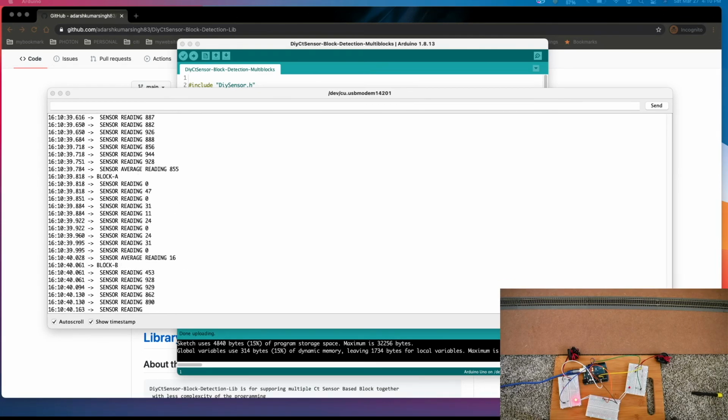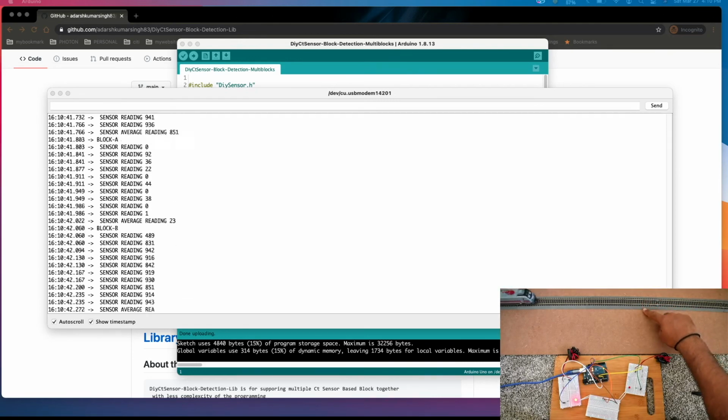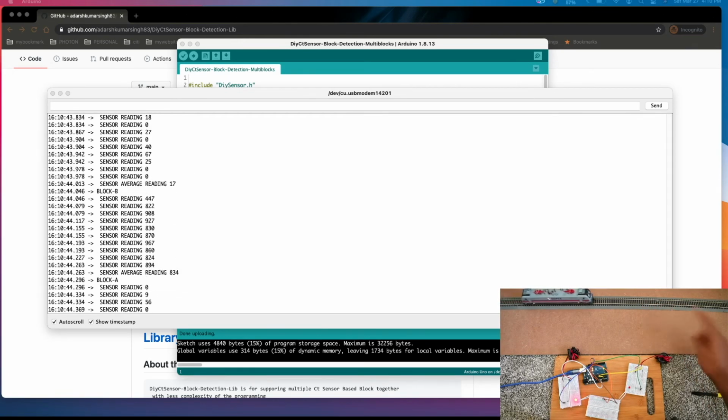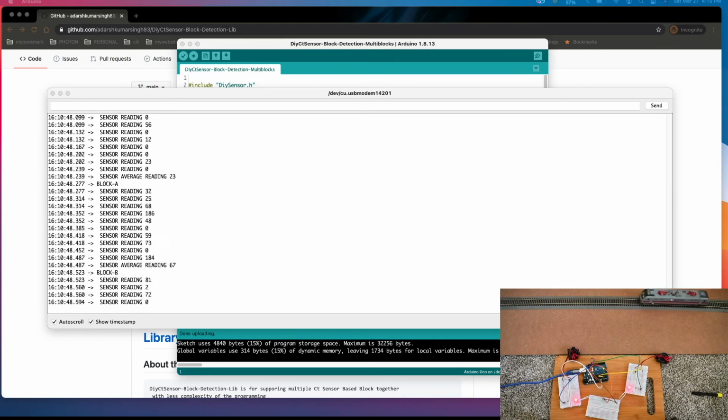Here you can see we have an insulated joint. Block B will end here, block A will start here. Once it's on, both lights will be on, and after certain calculations of block occupancy, block B's LED will be off and block A will be on because the train is there already. And once we do reverse,